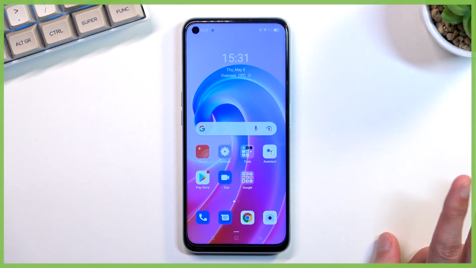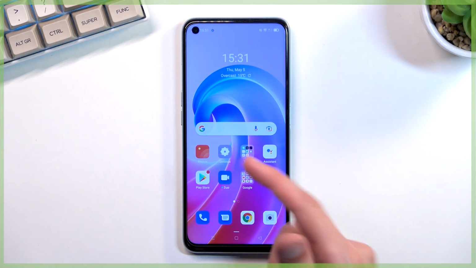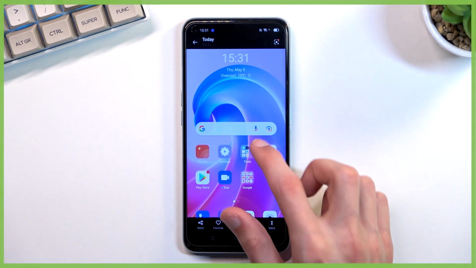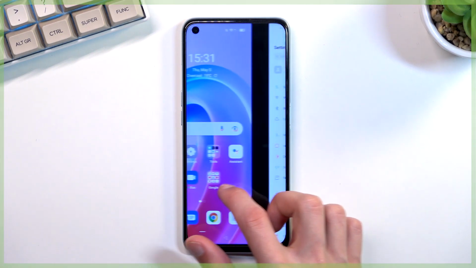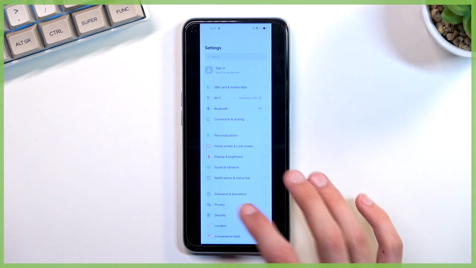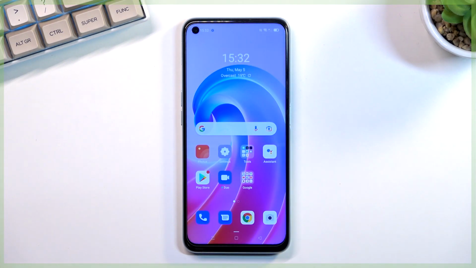Now both of the screenshots that I have captured can be found in our photo application right over here. So there is the normal home screen screenshot that I captured, and here's the long screenshot from the settings. So that is how you can capture a screenshot on this phone,